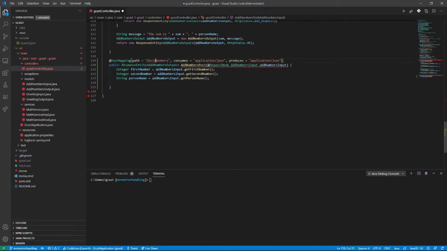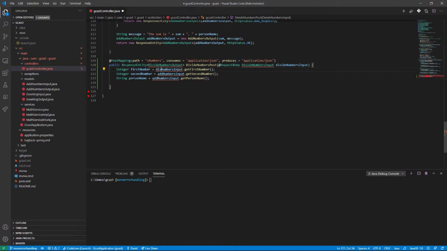Here we're going to create a return value called divide numbers output. The method will be called divide numbers post, and in the body we'll pass in divide numbers input, which we'll name divide numbers input, and let's grab out of there